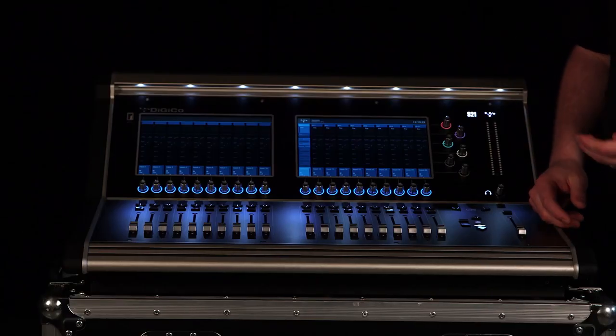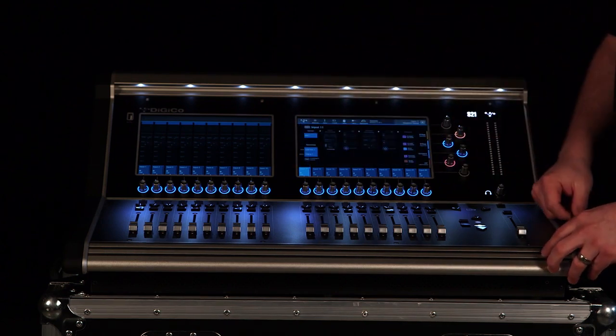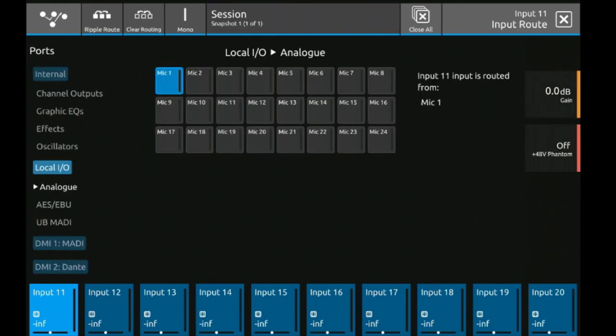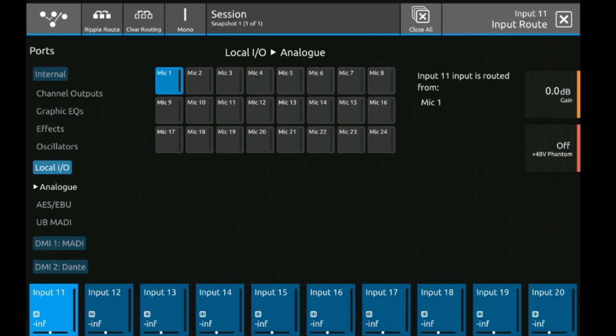To set up or configure a channel, you'll want to go to the Channel Setup menu. Do this by pressing the top of the channel. This will give you signal flow from the very input source all the way to the output bus. Here we can see that it's already set to mic 1, and to change it to another source, we just press this box and we can see all of our different options, all of our different ports. First, you have internals. So these are channel outputs, graphic EQs, effects, or oscillators. We have local I/O. These are the mic pres on the back, AES inputs, USB interface, or any of the